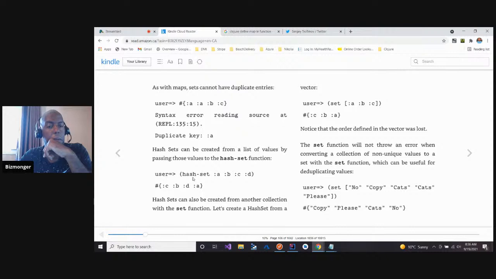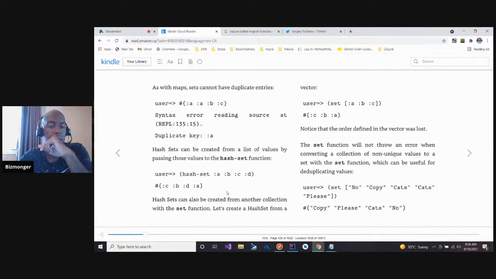Apparently hash set is the name of the actual function within clojure.core. And they have A, B, C, D, and that's going to return a hash set with braces: C, B, D, A.